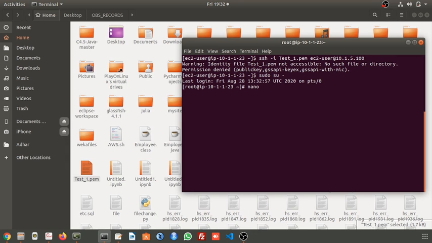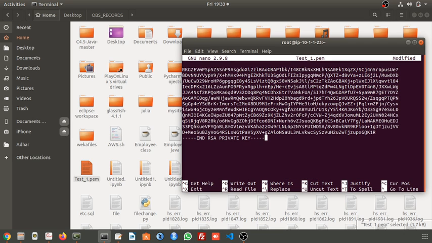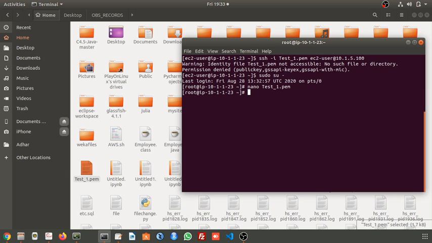So nano, what is the name of the file? test_one.pgm. Okay, paste it. Control O, enter. Control X to save. Okay, let's check where it is. Here it is. Now I am in my home directory. Now if you try to log in again, you will get the error, I guess.